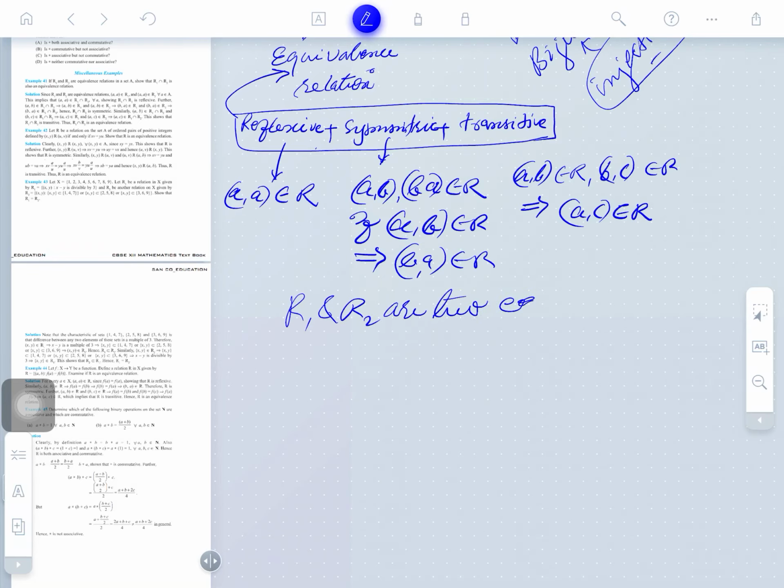It means simply (a, a) belongs to R, you will just write down here. Due to this, you need to prove that (a, a) also belongs to R1 and R2. So this is to be solved. You will try to solve. I will tell you this question. Okay, this is your home assignment.